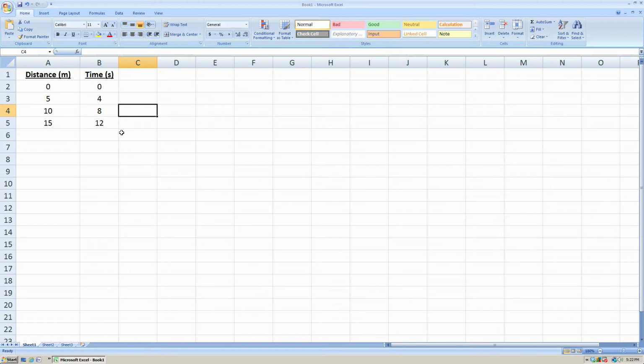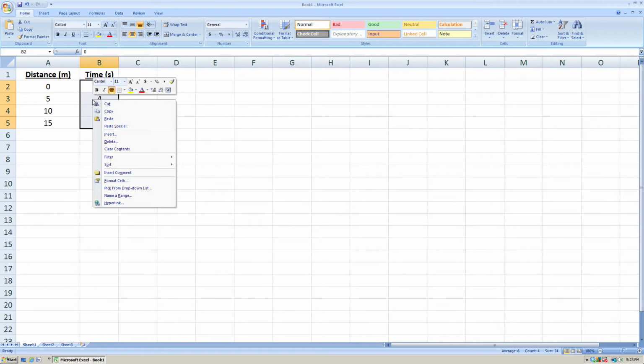Now, if there's a particular number of decimals that you need to have visible in your columns, you can adjust and format these numbers to show that. So let's say I wanted to adjust my times to show at least 2 decimal places. I can left click on the 0 up top, drag all the way down to my last value, which is 12, release the left click, and then if you right click anywhere on those 4 highlighted cells, a menu pops up, and if you choose Format Cells,